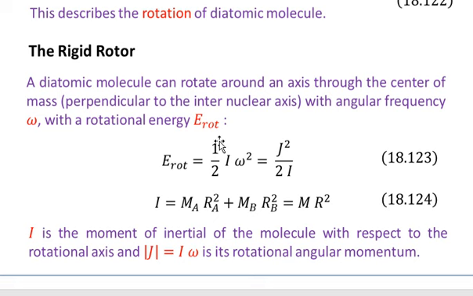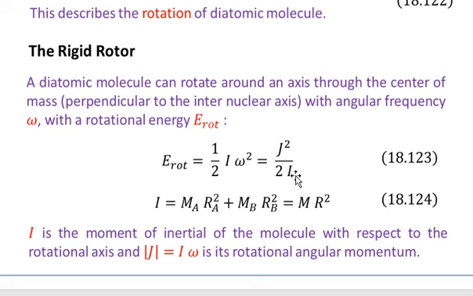So E rot stands for the rotational energy of the molecule, and this is simply given by E rot equal to half I omega square. And you can replace this omega square and write this quantity as E rot equal to J square over 2I. Because you can multiply this equation with I, you can also divide it by I. So you have I square omega square, and you know that the value of J is equal to I omega. So since you have I square omega square, you have J square on the right hand side,